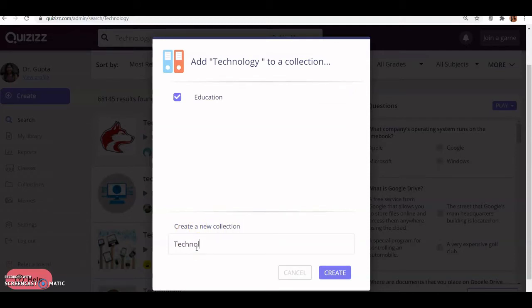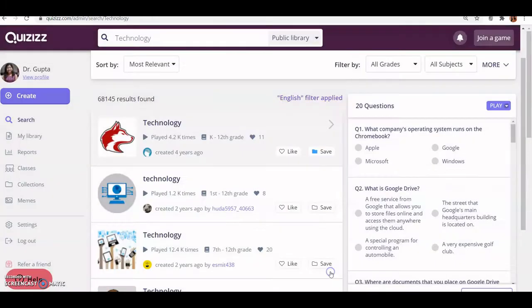Suppose I type the collection name technology and I create this folder. Now two folders are created and I will check this one or this one. Whichever folder you want to save the quiz in, you just check it and it will be automatically saved. After that, you will click on done.